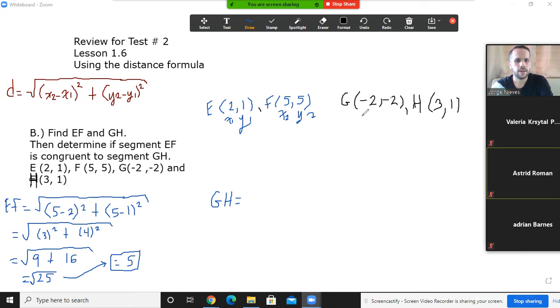So let's do this quick. It's gonna be, as always, you should do this always: X1, Y1, X2, and Y2. Okay. So let's do the distance formula. Let's plug in this to look if they are congruent, or maybe they are not. Okay. So x2 minus x1 will be 3 minus -2. Okay. 3 minus -2. Okay. Plus,